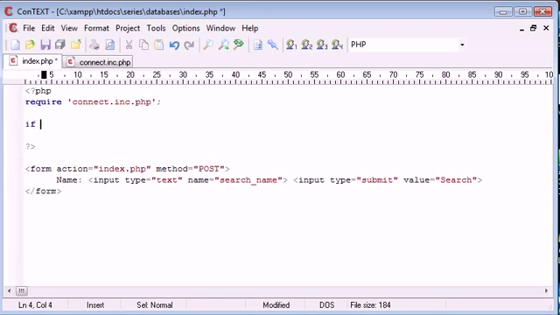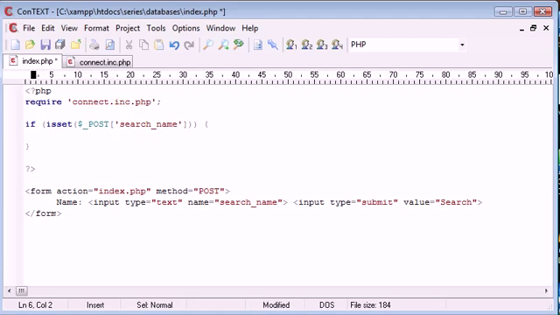So let's go ahead and say if isset $_POST, remember we're using post data down here, and we're going to say search_name. So we're corresponding this to the name that we've given the element in our HTML document. So if this is true, we're going to run this block, and inside this block we're going to set a